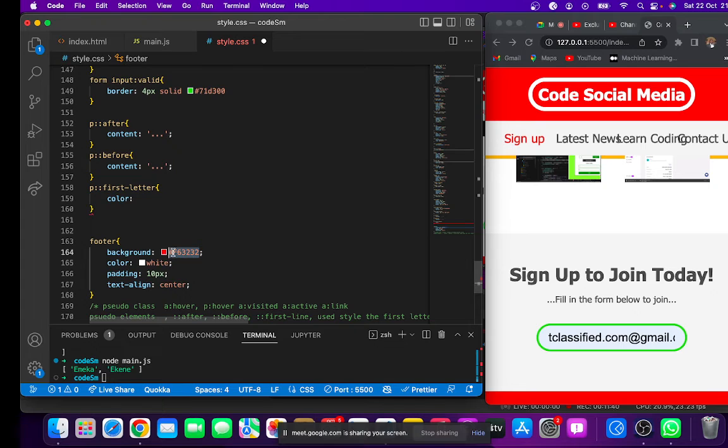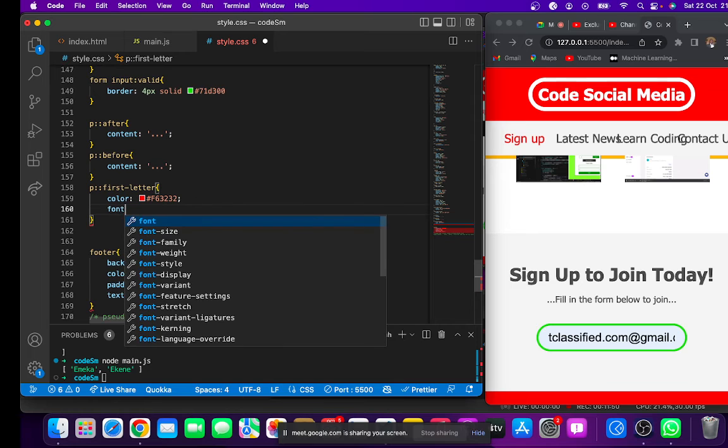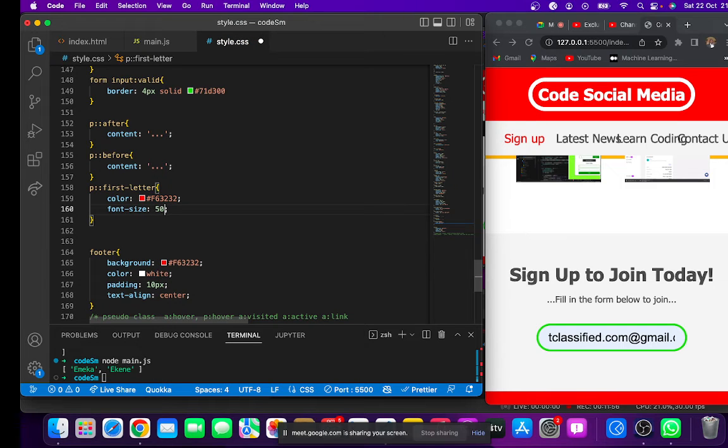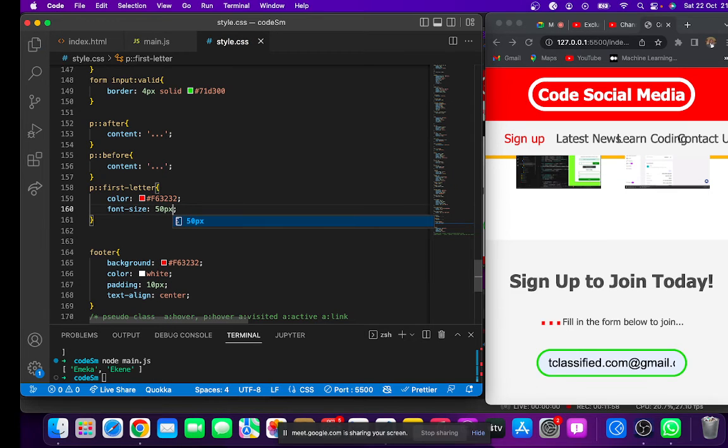I'll copy it. That's what I want the color to be. And I want the font size to be bigger, so say 50 pixels. So if I save this now,